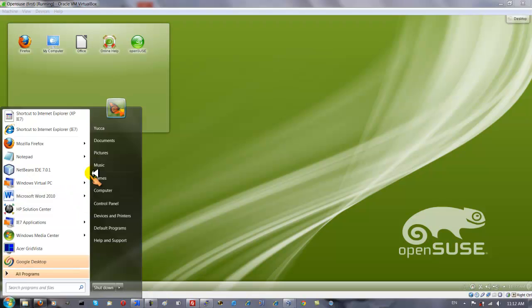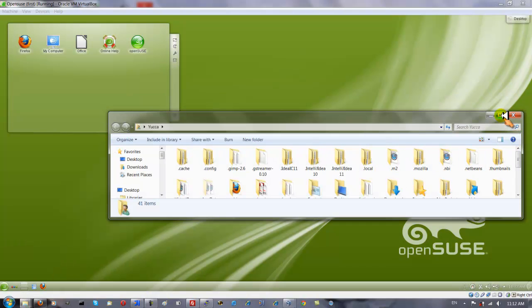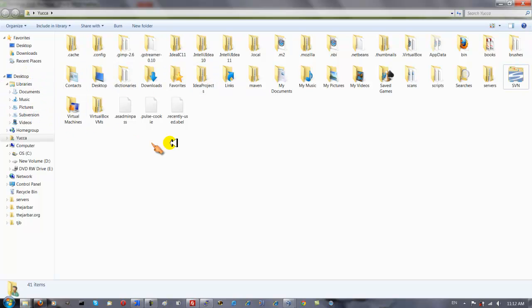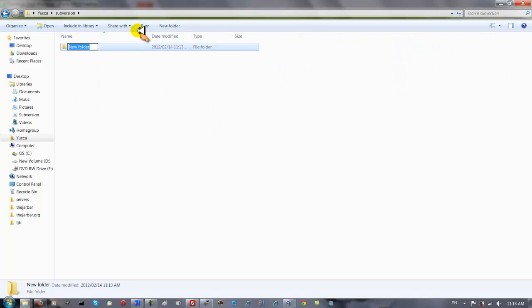Now one way in which our host system can benefit our guest system is if we have a client like Tortoise SVN, which we use to create subversion repositories. We can use Tortoise SVN to create subversion repositories for our Linux guest systems in VirtualBox, as I'll demonstrate to you. So for this tutorial I'm going to create a new directory here, and I'm going to name it subversion, and within that directory I'm going to create a new directory, call it OpenSeas, and this will contain my subversion repository for OpenSeas. And within this directory I'll create a new directory called SVN in capitals,